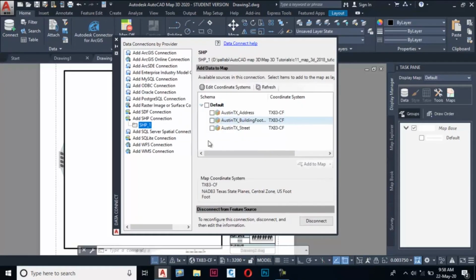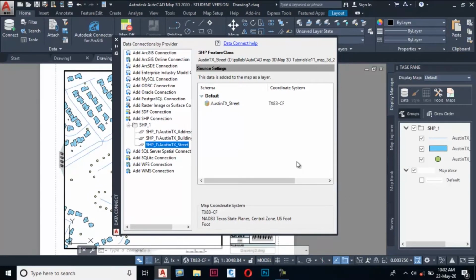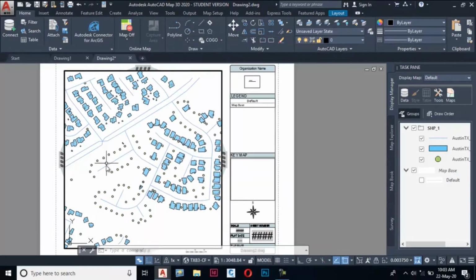Choose Connect button. In this page, the SHP page of the wizard is displayed. Note that the list box in this page displays the name of the feature data file in the connected folder. Select the checkbox corresponding to the feature layer and then choose Add to Map button. The selected feature layer is added in the list box of the Display Manager tab and the feature geometry is displayed in the drawing window. Now choose Close button. The Data Connect wizard is closed.